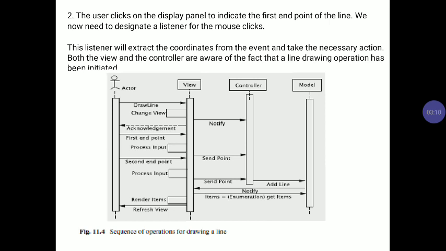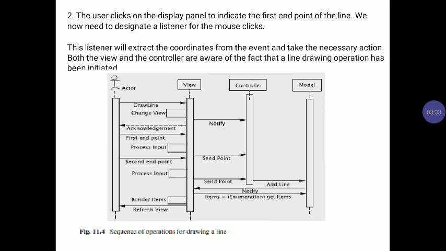After taking the request from the user, it notifies this request to the controller. The view is connected to the controller, and the controller is connected to the model. Then the view gives an acknowledgement that it has sent your request to the controller.